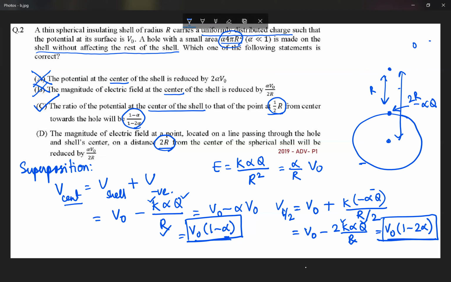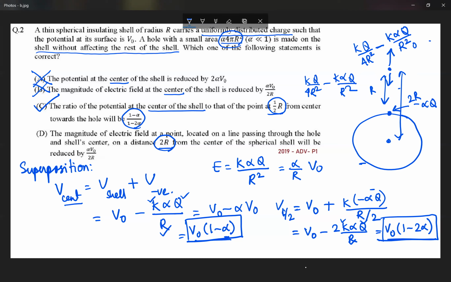The electric field because of the sphere is because of positive charge and it will be equal to k into q divided by 2R squared, so that will be equal to kq divided by 4R square. Because of adding the negative charge, the electric field because of the negative charge is always towards the charge. So we will subtract an amount equal to k alpha q divided by R square. The electric field at that point will be kq divided by 4R square minus k alpha q divided by R square.